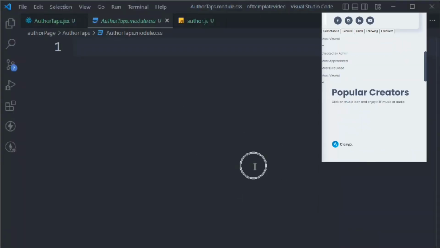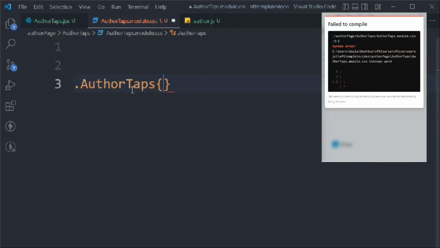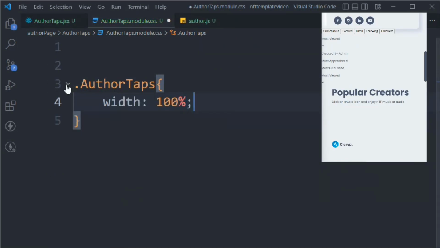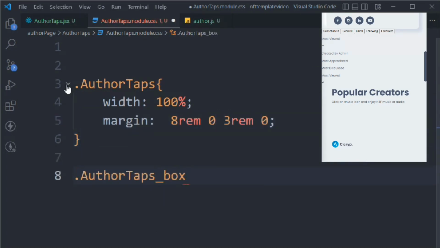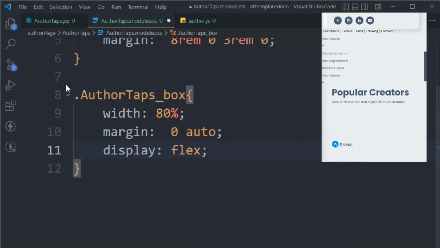We'll come here and simply target, copy this one, author tab, and paste here. Let's say width is going to be 100%, margin 8rem, 0, 3rem, and 0. Box is going to be, width is going to be 80%, margin 0 auto, display flex, justify content space between,